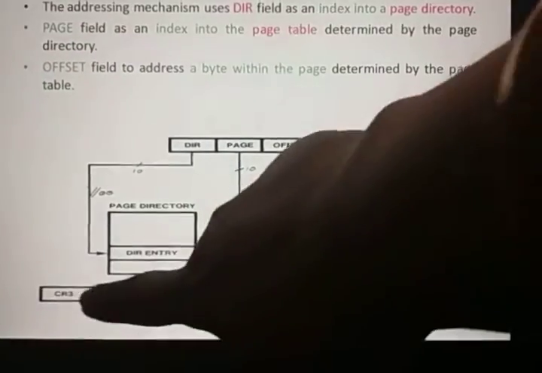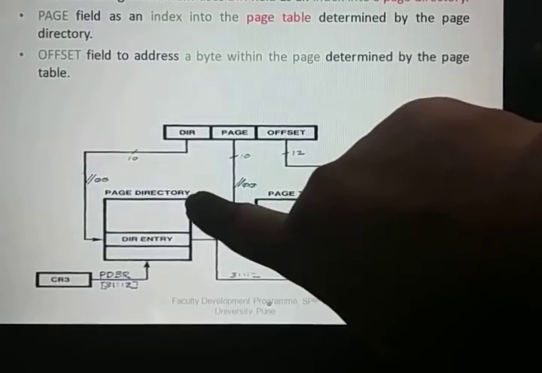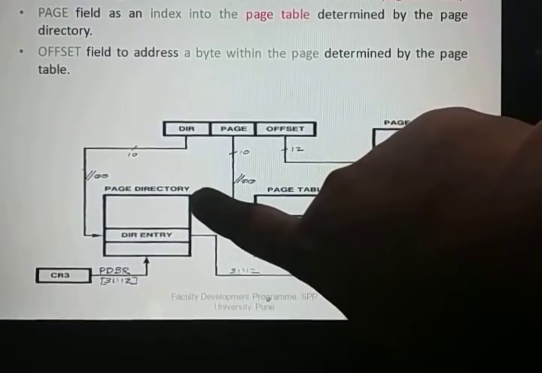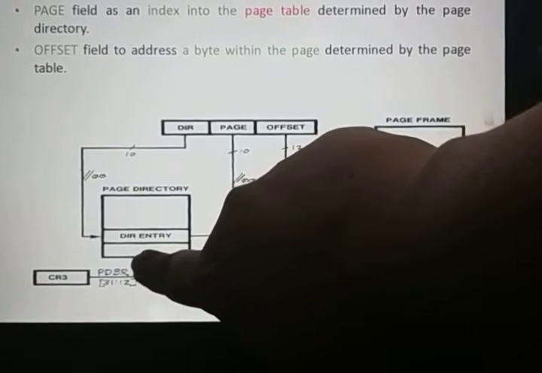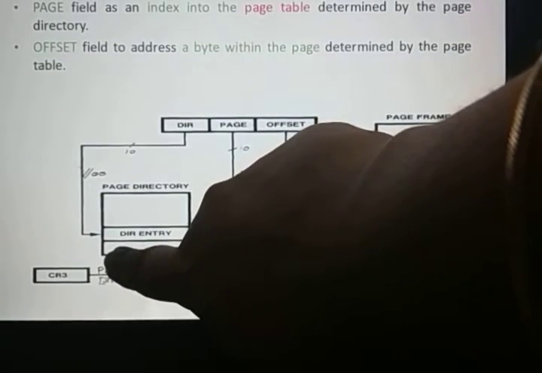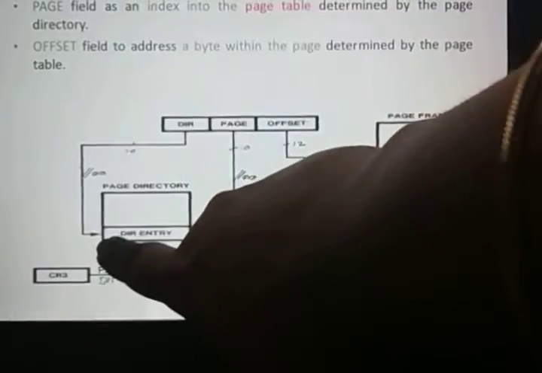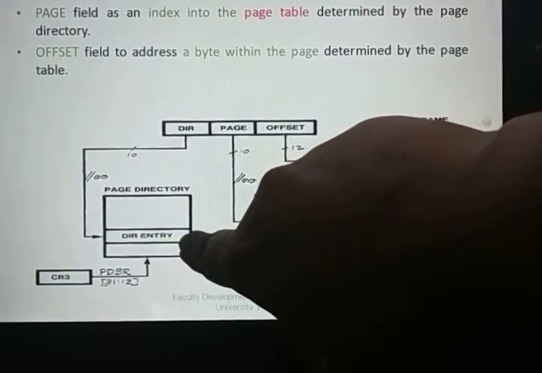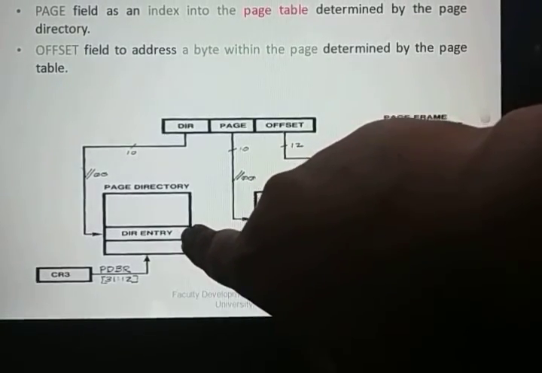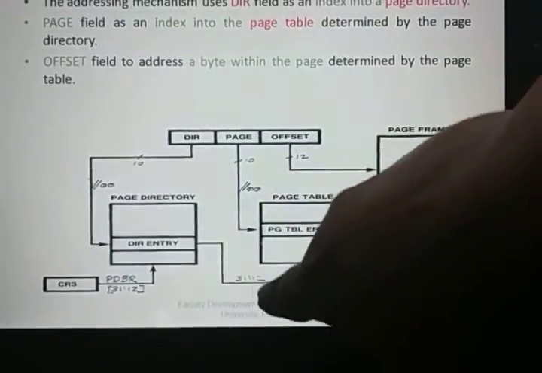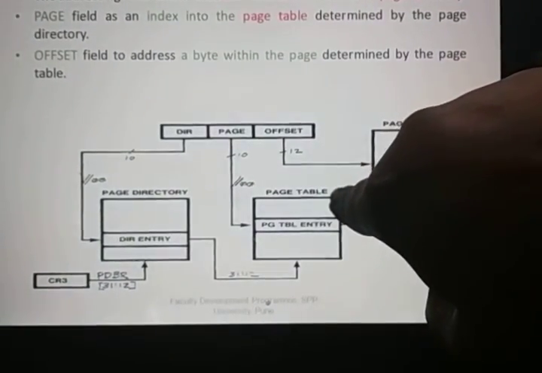This register basically provides the base address for that table. For what table? The page directory entry table. So the CR3 register provides the base address of that table. When we add this base address with the indexing part, with the value of this, then you will get the particular directory which you want to find out. This directory basically provides the base address of the next table, and the next table is your page table entry table.